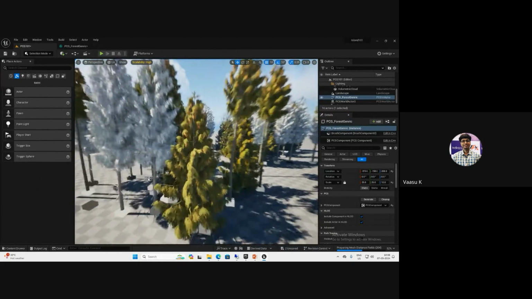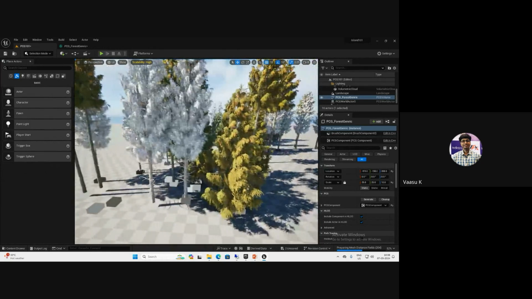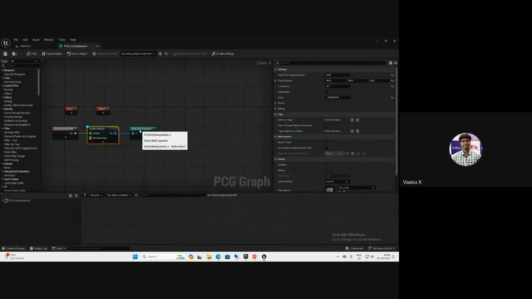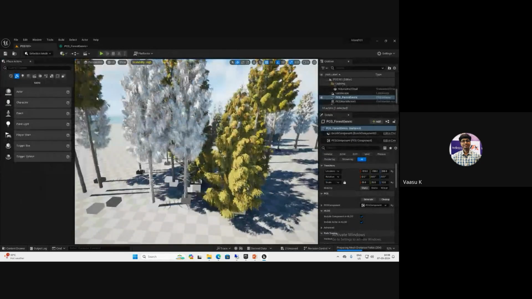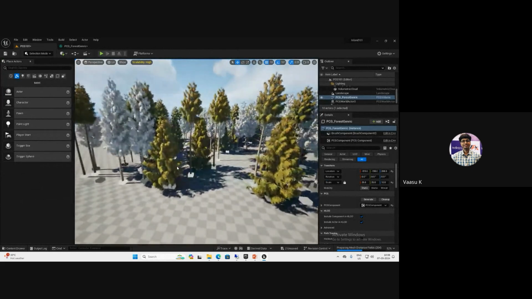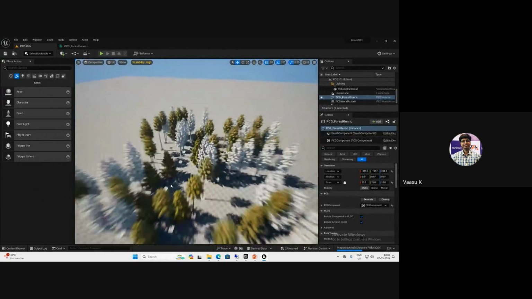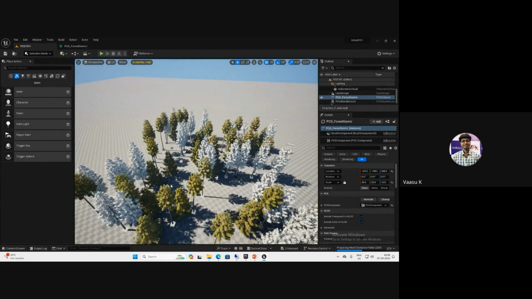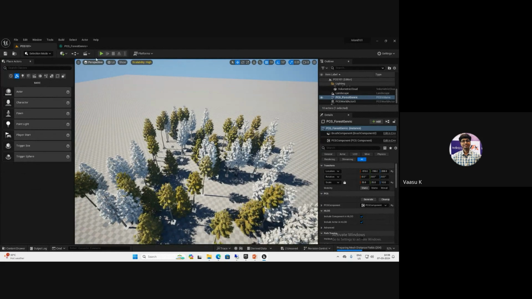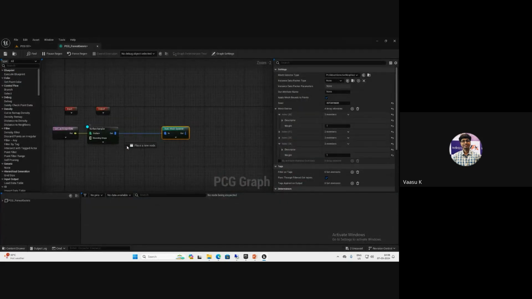So if you don't want this overlapping to happen, okay. So at the time, what you can do, we have some before that. What I want to give is some random scaling. You can see the kind of same scaling for all your meshes, right? Yes. Okay. I want to give the kind of randomness for this. So for this, we are going to use the